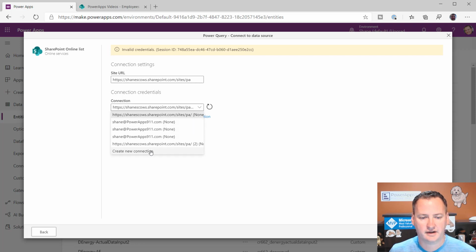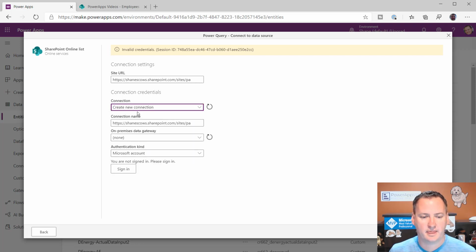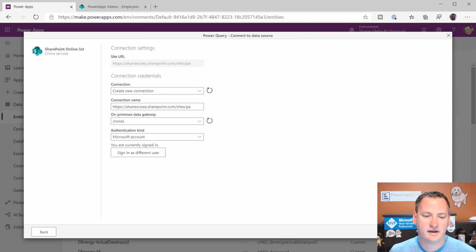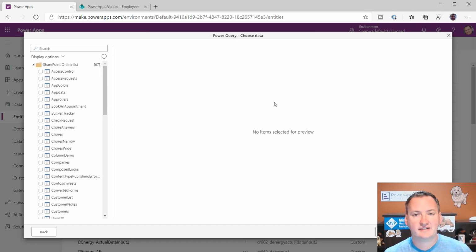So let's try and say create a new connection. Boom, boom, boom, boom. Notice you can use an on-prem data gateway. I do want my Microsoft account. I am going to sign in again. I'm going to choose me again. And now let's see if it works. So say next. After about 30 seconds, it brought me to this screen telling me that it's successfully